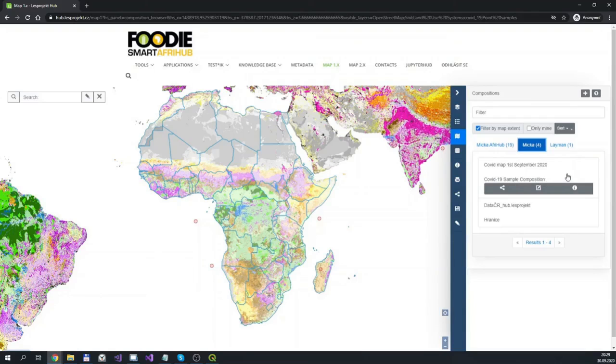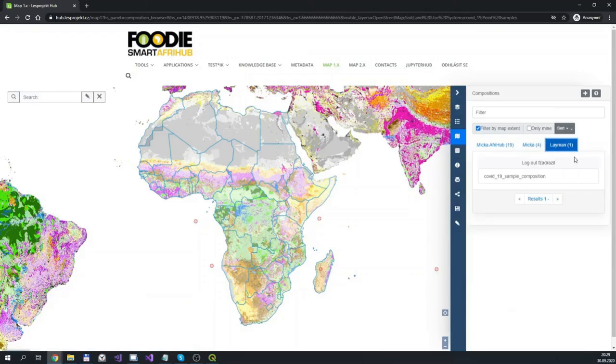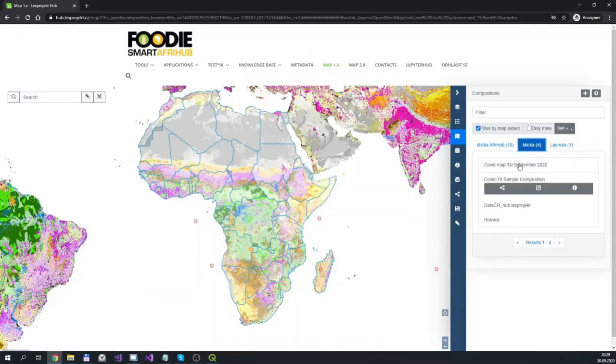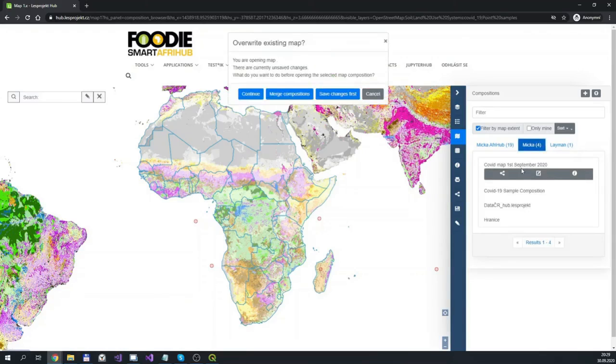But when you want to open it in this map application, it doesn't matter whether you do it from the metadata catalog or from layman catalog. The result is the same. So let's try and open some other composition which someone else prepared.